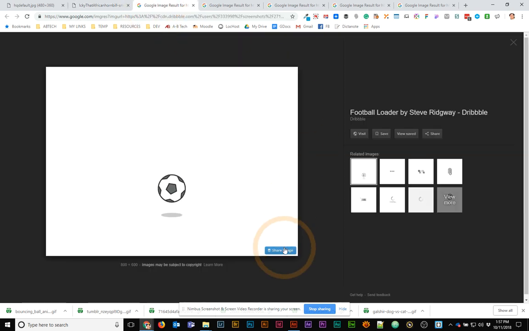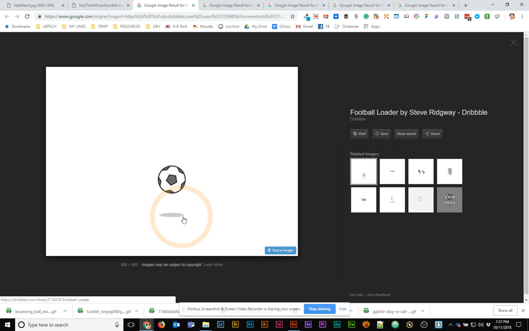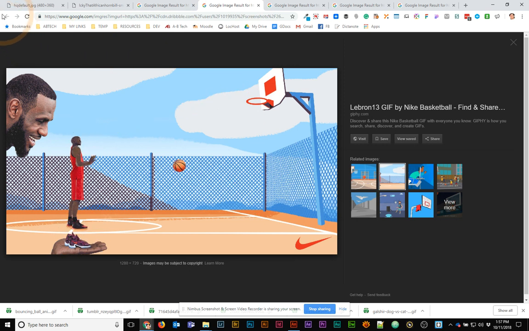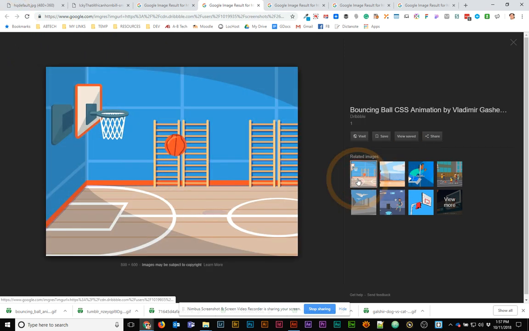So we can add something as simple as a drop shadow, and it at least gives us the idea that there's a floor there, and it makes it a little bit more interesting. Plus, any little extras that we add in here could make it a more interesting animation as well. Now, this was the animation I was going to show, which is a bouncing ball in a basketball court. And of course, now we have a much better concept of what is going to happen in this animation